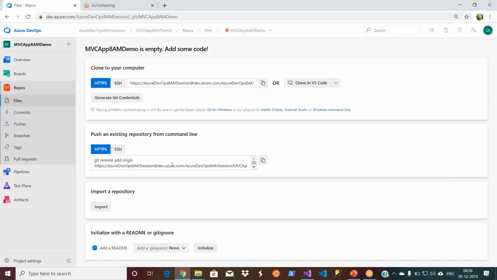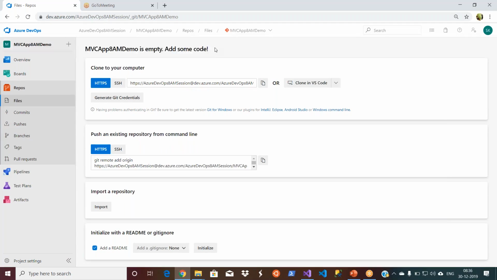If you are using anything other than Windows, you can use SSH or something. What I'm going to do now is use HTTPS, meaning I want to connect to my repo from my Visual Studio using a URL. This is what I'm going to use. But you don't even need to copy this, because when you use credentials, it automatically populates all the things associated with your credentials. I will show you. First, let's create.